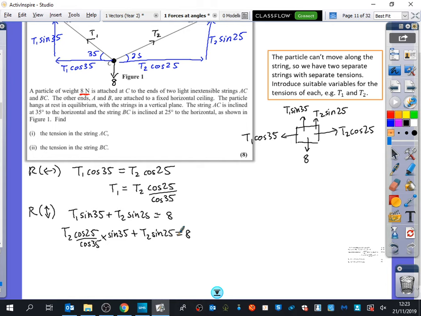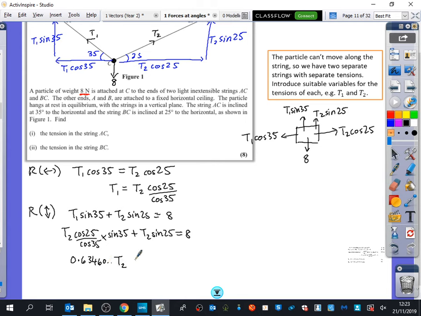So cos 25 divided by cos 35 times... I just want to see what these are as numbers. It's going to be easier to solve this equation if you just see them as numbers. If you want to, you could factorize it, but I just think it's going to take more time to write it all out. It's easier to make a mistake. So I've just worked this thing out, and it is